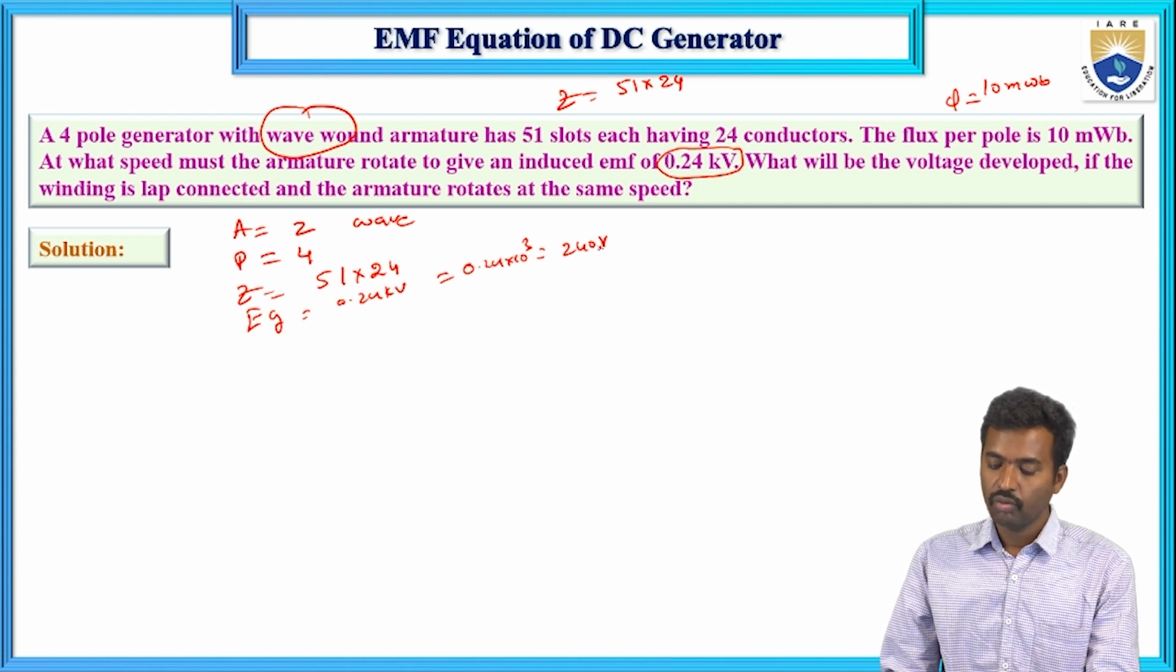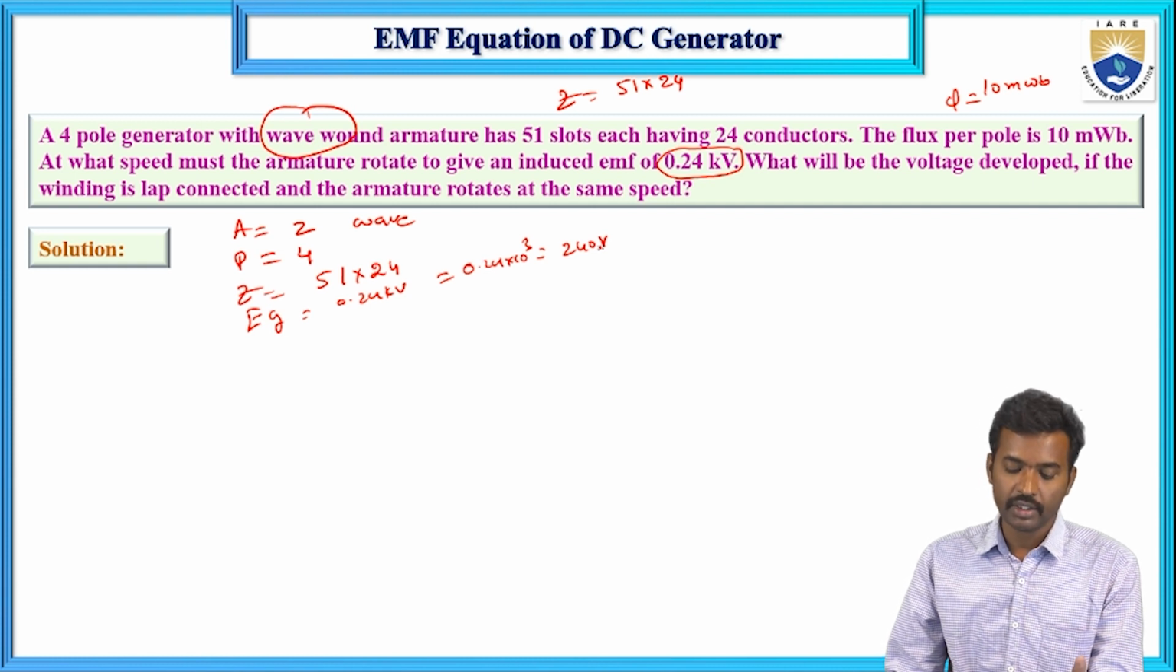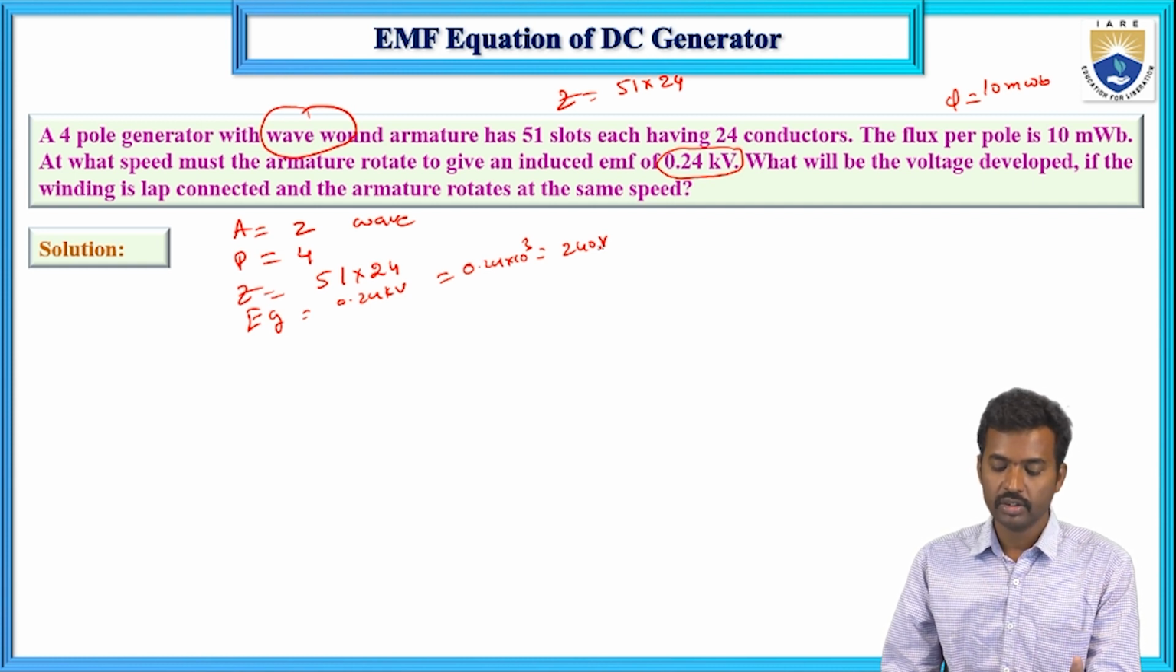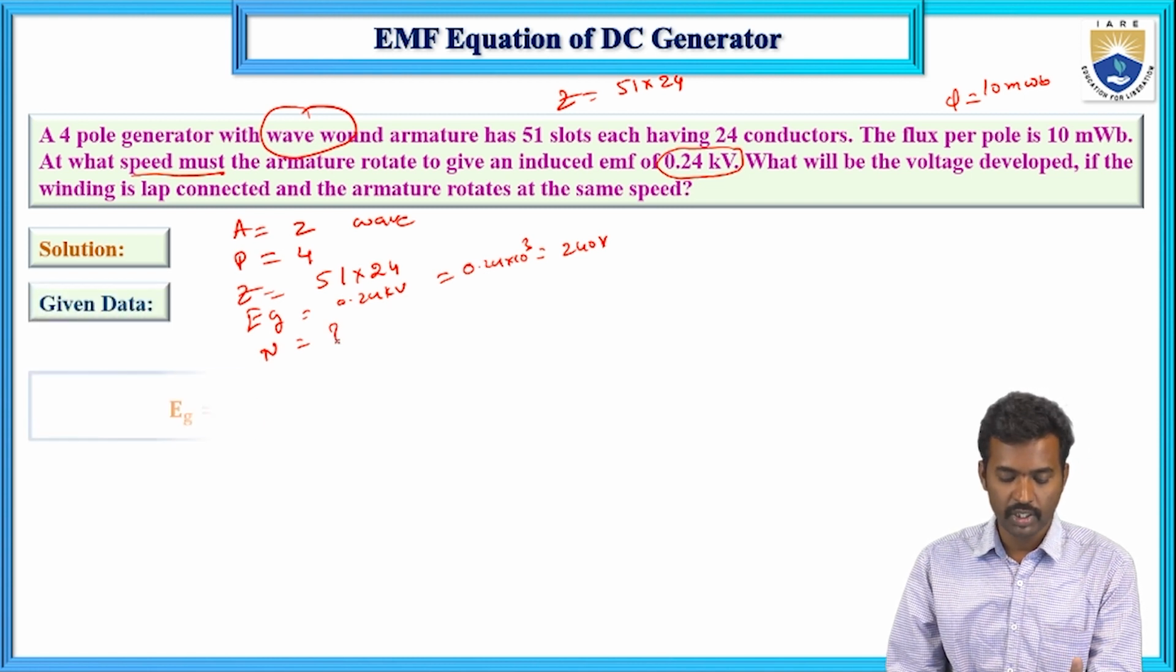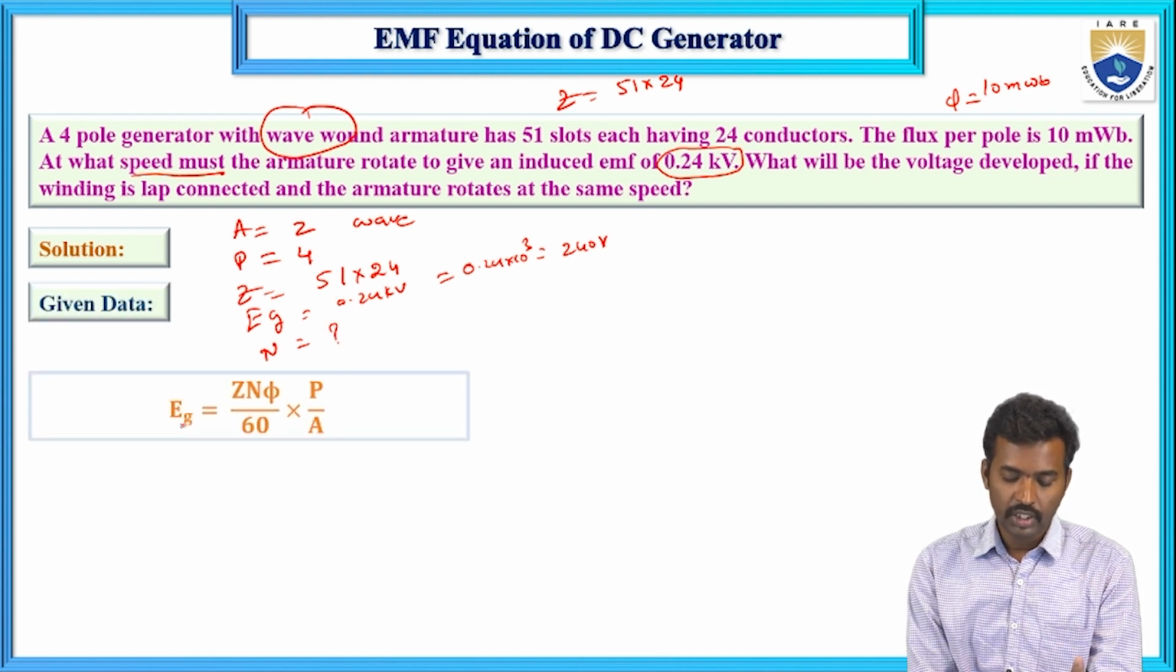And next, what will be the developed voltage if the winding is lap connected? If it is lap connected, and the induced EMF. So first, what must be the speed? First you calculate the speed value. What is the speed? So first speed value, and the Eg equals to 240 and Z equals to 51 into 24, and N we need to calculate, and flux